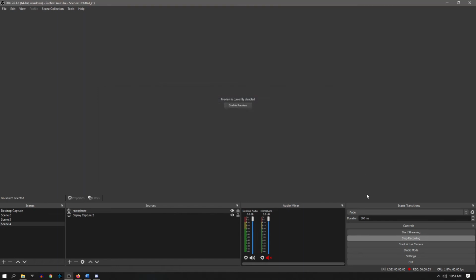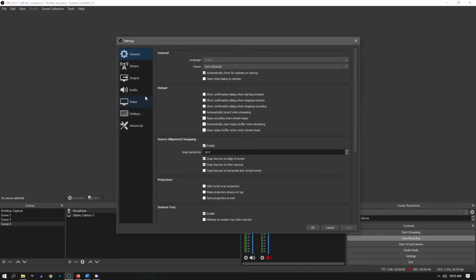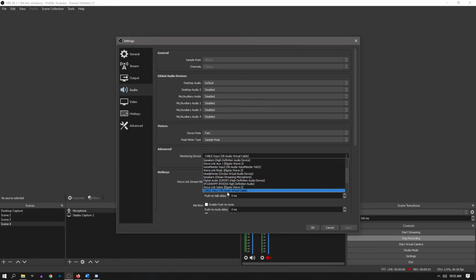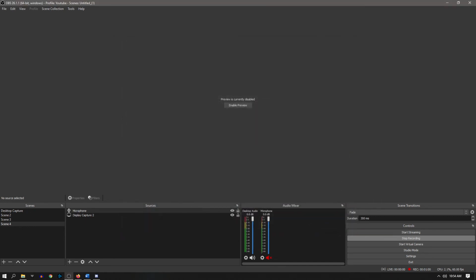Next, open the OBS settings. On the left side, select Audio. You should now see an option for Monitoring Device under the Advanced subheading. Select Cable Input and ensure that Disable Windows Audio Ducking is checked. Click Apply, then OK. Now you officially have your microphone audio routed out of OBS and it's ready to go